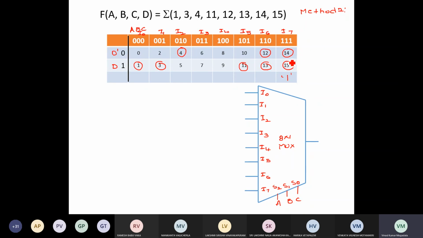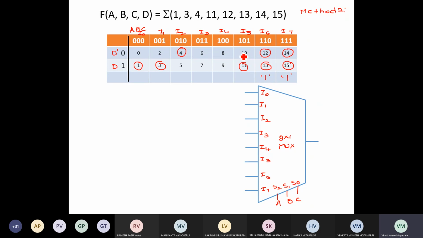Whenever you come across such a scenario, you need to connect 1 to that respective input. Here also, irrespective of the value of D, these two minterms are present in the output, so you need to connect 1.